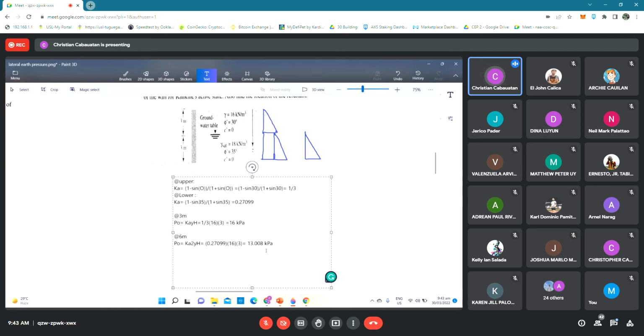Doon naman na tayo, kunin natin yung sa triangle mismo. Okay? So, PO is equal to your Ka2 times your gamma and your height. Wherein your Ka2 is 0.27099 times your gamma, which is 18. Take note, it is saturated. Therefore, bawasan mo siya ng gamma of your water. Okay? And your height, which is equal to 3 meters. Therefore, it is equal to